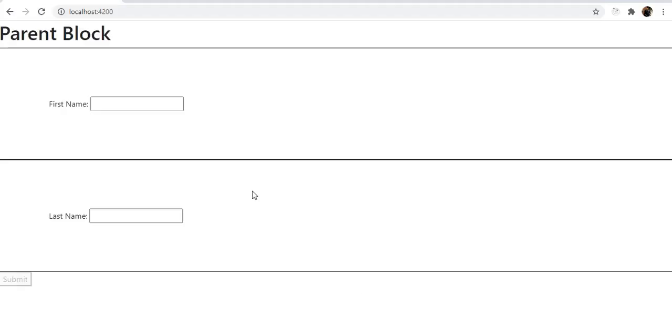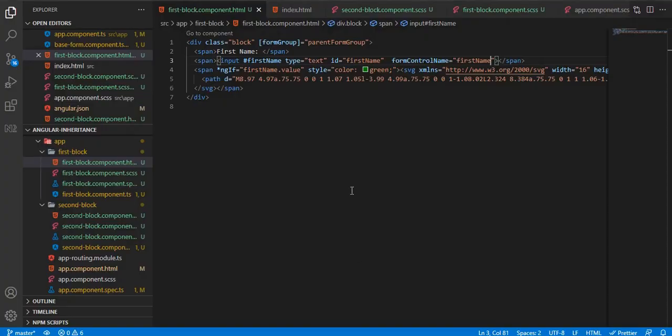Okay, now let's check the UI. If I enter the first name, if I enter the last name, okay, so our submit is enabled. So this is where the concept of inheritance comes into the picture.